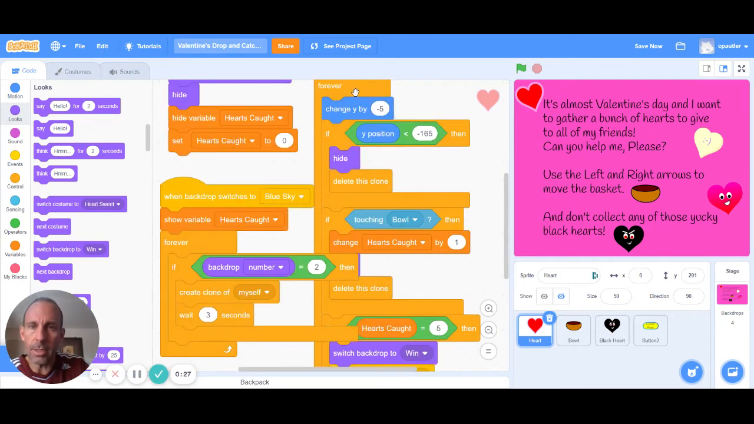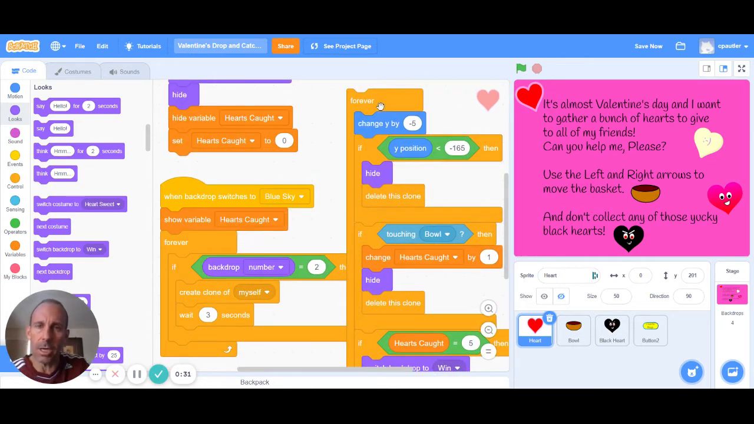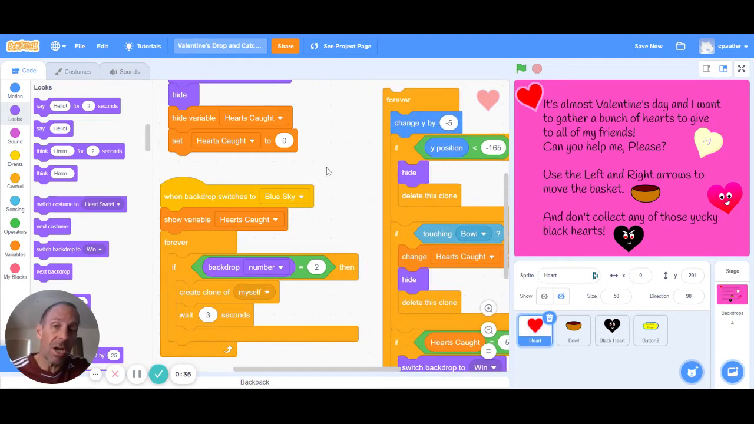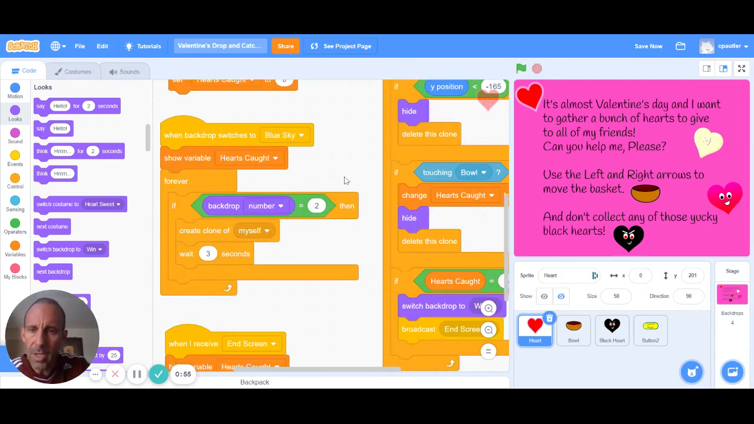So some of the ways that we could make the game increase in difficulty in this case are to make the hearts smaller, we could make the hearts drop faster, we can make more black hearts. So there are a few ways we could do that. What it's going to come down to is using the variables for this. So for starters,